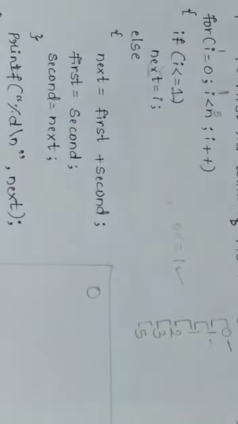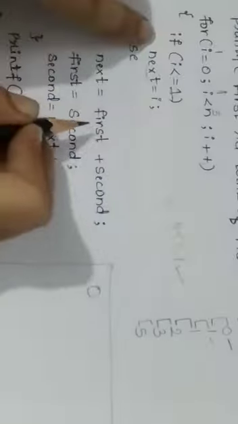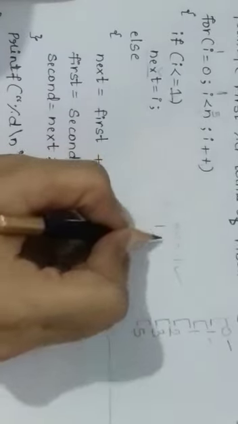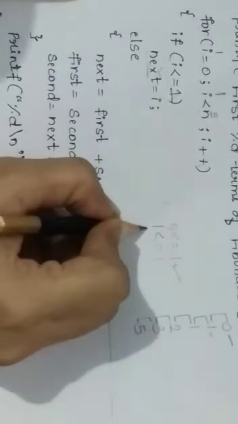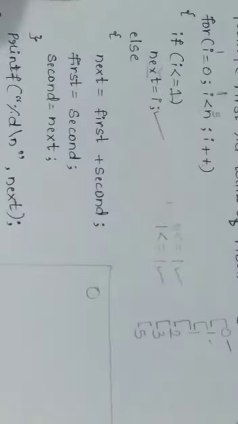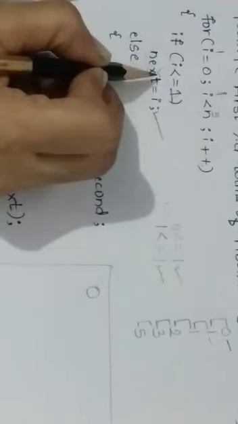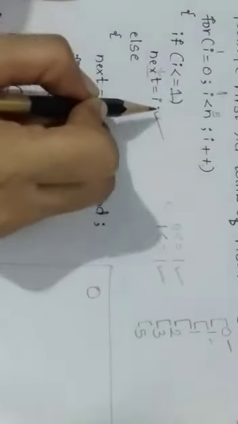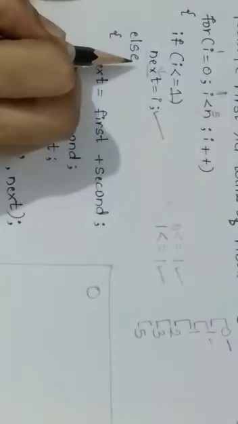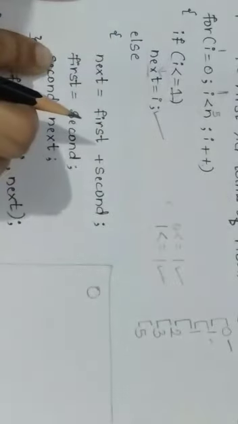i is less than 5. Yes, i is 1. i is less than 5. Condition is true. And it checks for if condition. i is what? i is 1 now. 1 is less than or equals to 1. Yes, 1 is equals to 1. So condition is true. It means it will execute this statement. So i is what? i is 1 now. It will store in next. If condition is true, it will execute this statement and it will not go to else part.